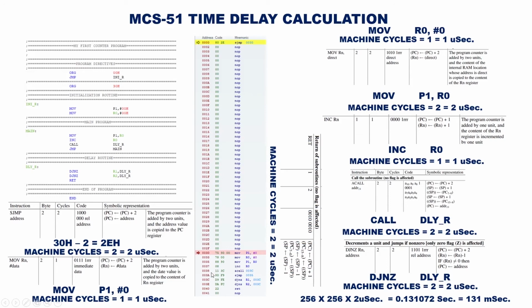And here we can find the opcode for ACALL, or simple call, that is 11, 3C, the address location of the delay routine. And here we can find 80 F9, SJMP to the 35 location, where we have written our main program. Here we can find the main program. We are instructing our controller that after moving the data, that is R0, to port 1, and after incrementing R0 and calling a delay, then jump back to the main.